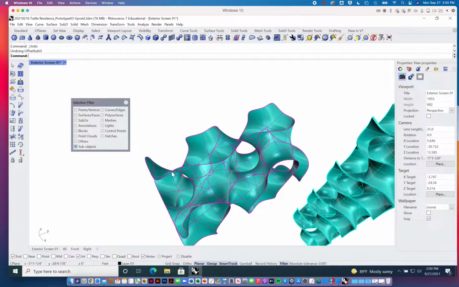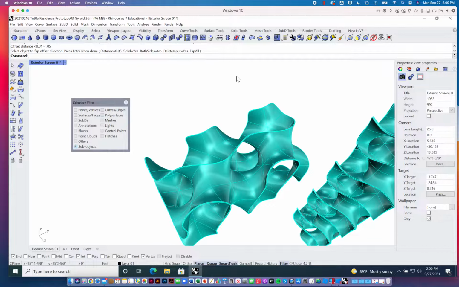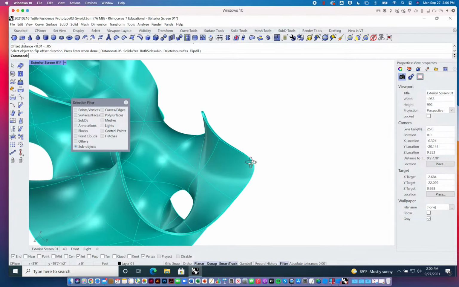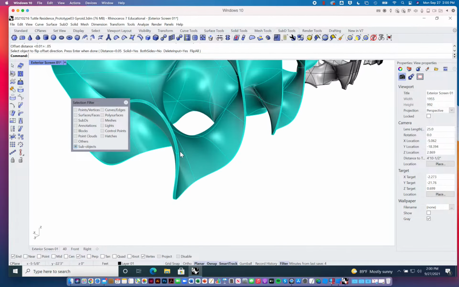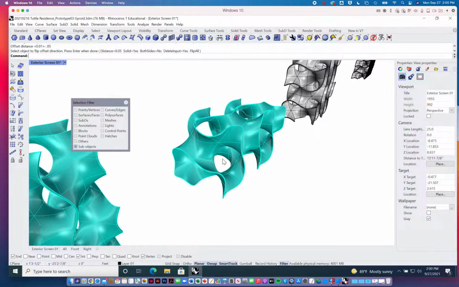But maybe I'll do it just a little thicker this time. Distance, let's say 0.05. Solid yes. All right. Okay, and so now this has a thickness and it's all sort of stitched up as well, right? So if I cut a section through it with a clipping plane,